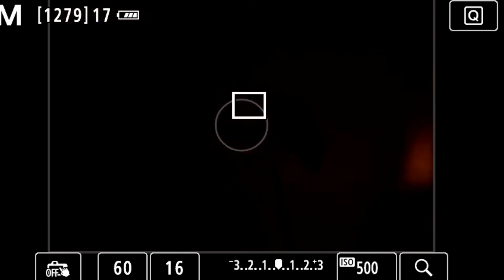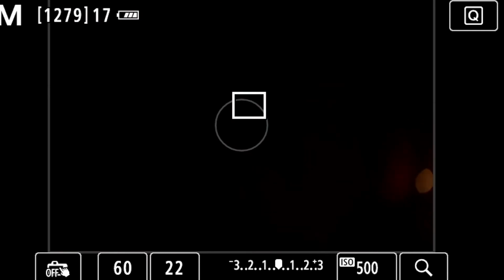You see, as she's raising the aperture, the exposure goes down to black, because there is not enough time for the light to go in at the sensitivity that I have set, which is ISO 500. So what would you do?